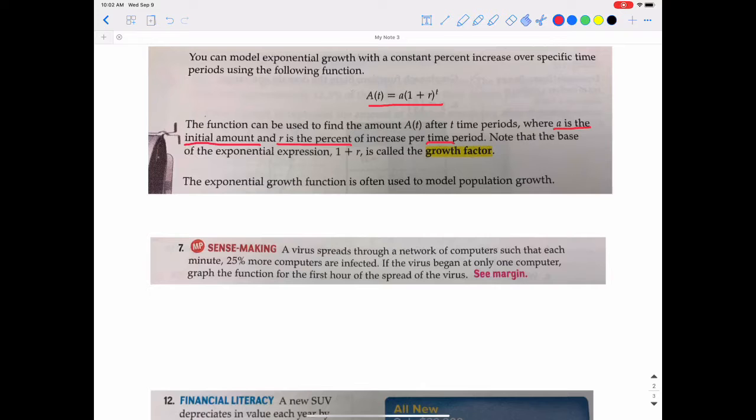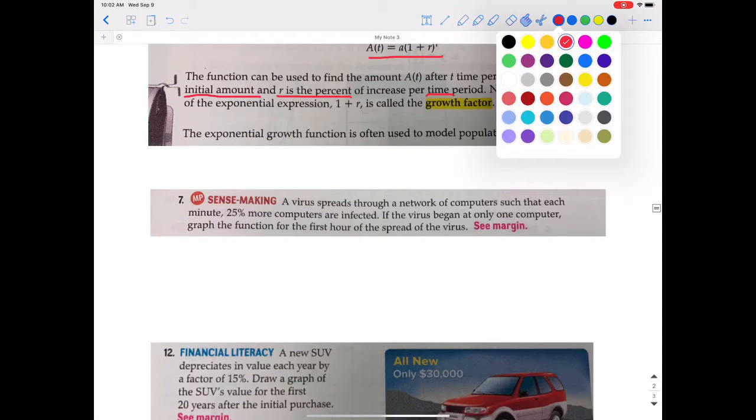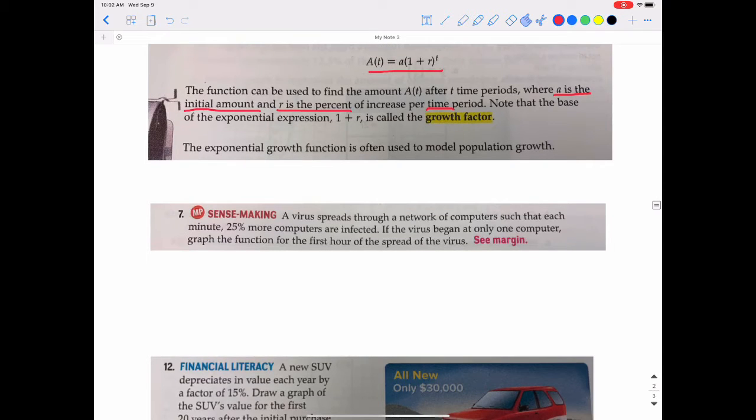If you look at number 7, it says a virus spreads through a network of computers such that each minute, 25% more computers are infected. If the virus began at only one computer, graph the function for the first hour of the spread of the virus. So using the basic formula that's written above, A of t equals a times 1 plus r to the t power, our function would be, the initial